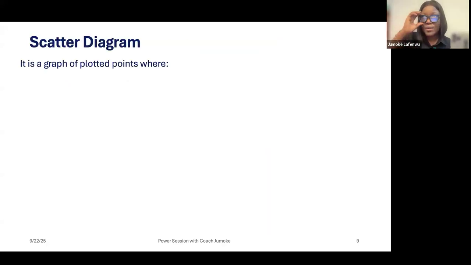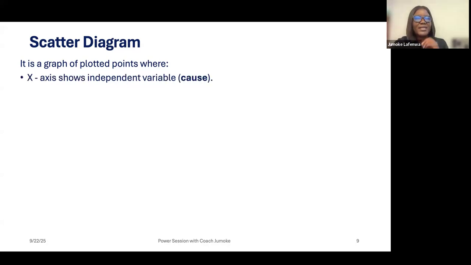So scatter diagram, we use it to be able to present, to compare variables. And it's like a graph. You plot it, you have the y-axis and the x-axis. And the x-axis, I hope you still remember your graph. The x-axis shows the independent variable, like cause. For instance, if